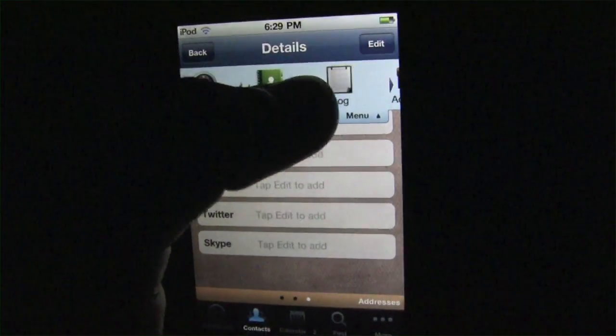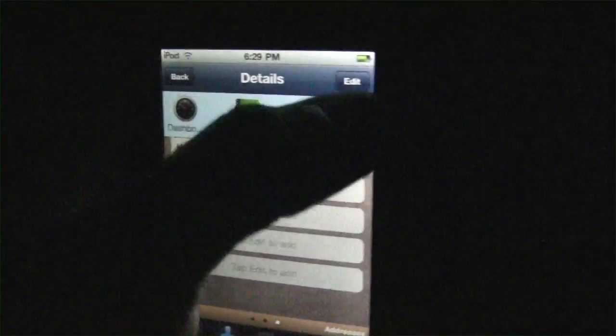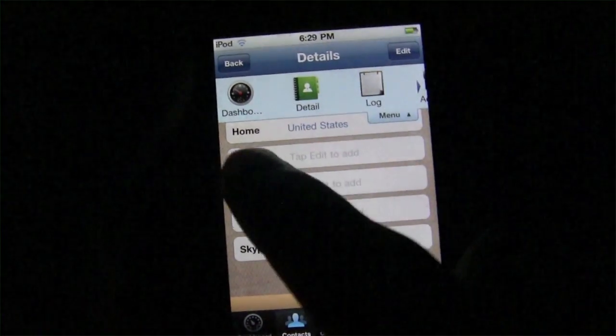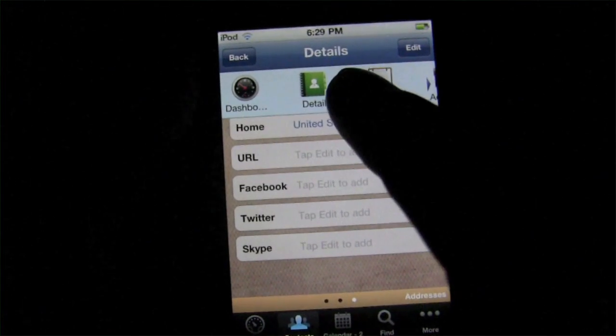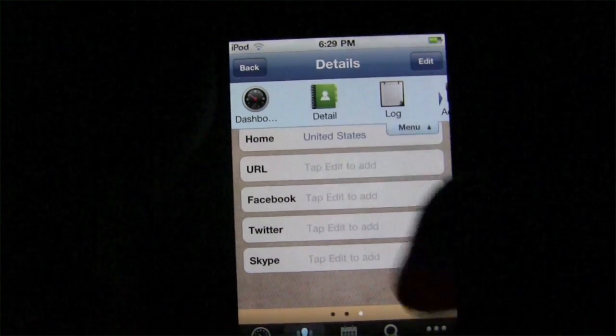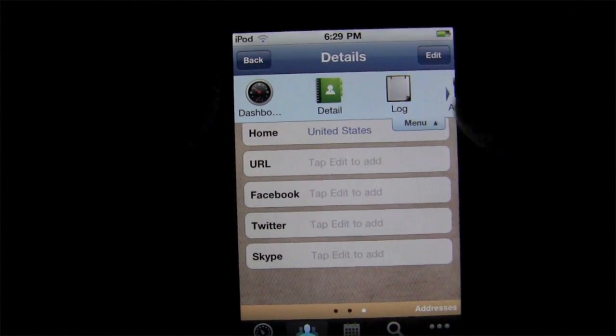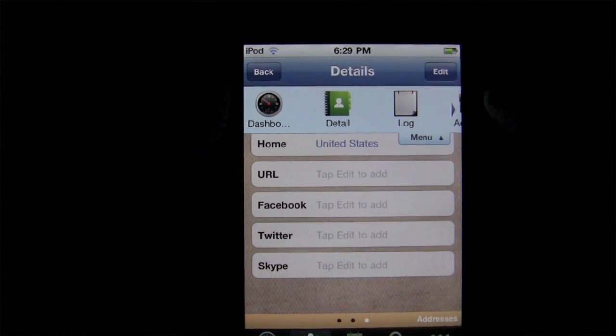You've got different things, like you can go to the dashboard and see all of your upcoming events in relation to each contact. You can view further details, log an event with them, or if I can get to it,